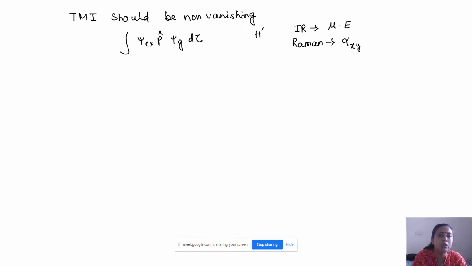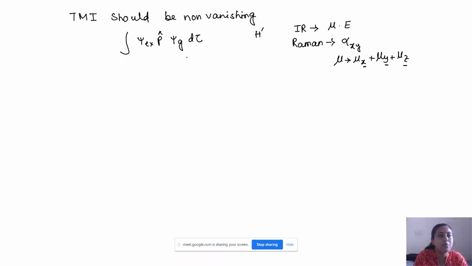where we know how the quadratic terms of the coordinates are changing. That is how xy, yz, zx are changing. But for the mu, we know mu has components mu x, mu y and mu z. So the transformation of the mu can be obtained from the transformation along x, y and z, that is from the third column of the character table.